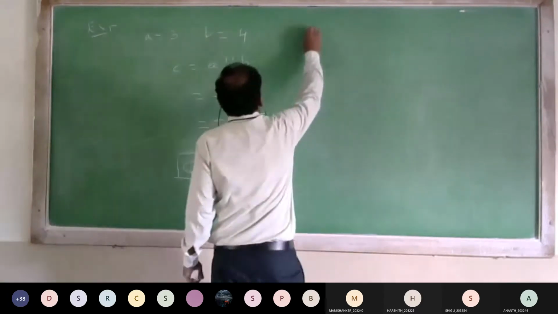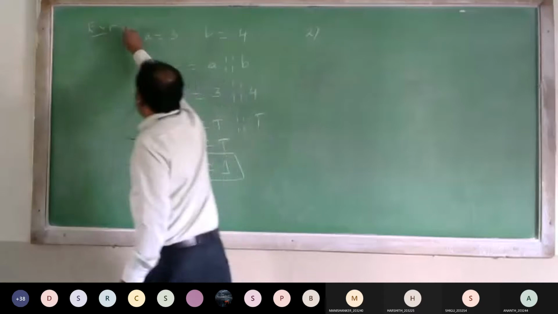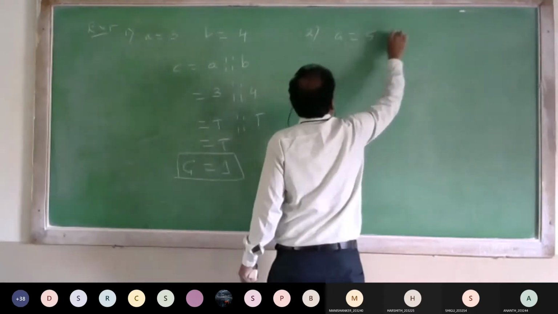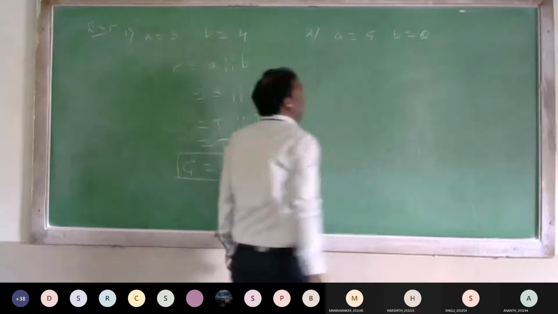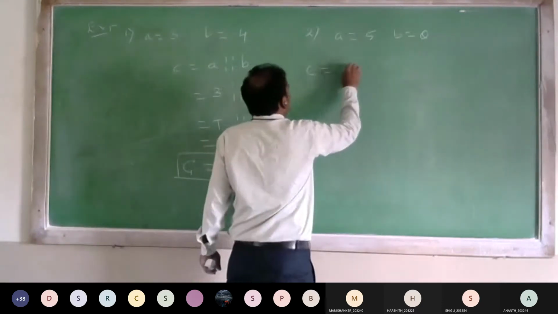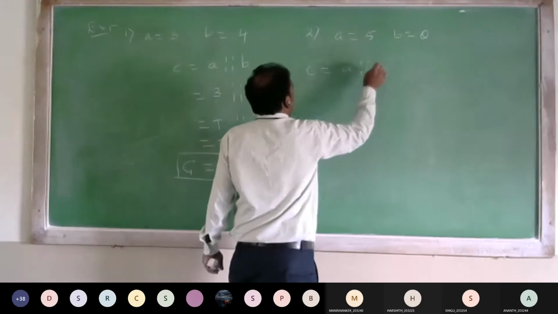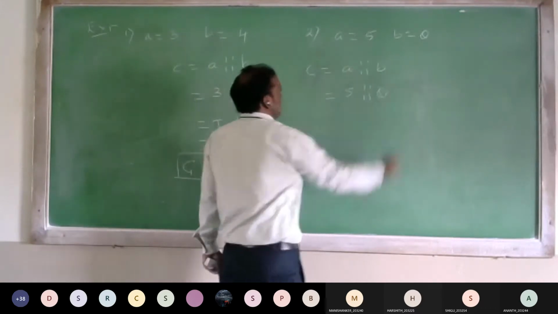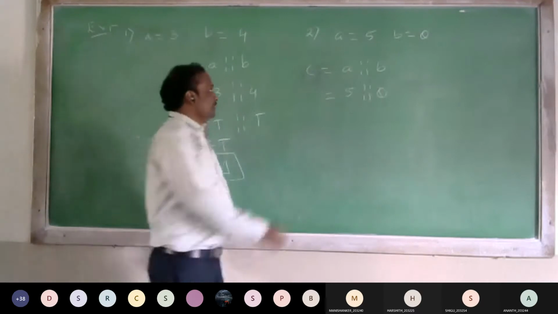Now, second example. A is equal to 5, B is equal to 0. C is equal to A logical or B. What is A? A is 5. What is B? B is 0.